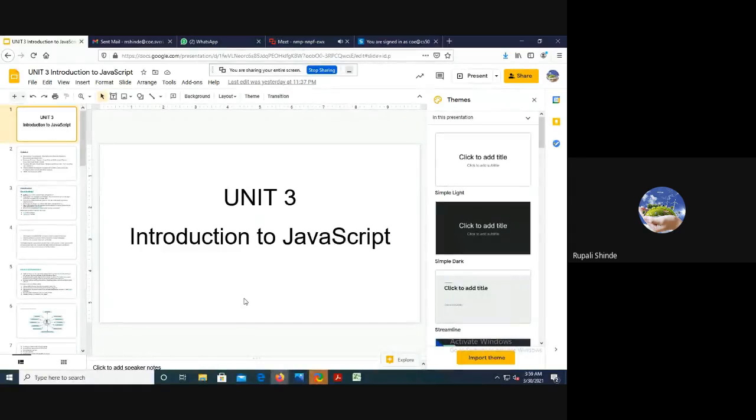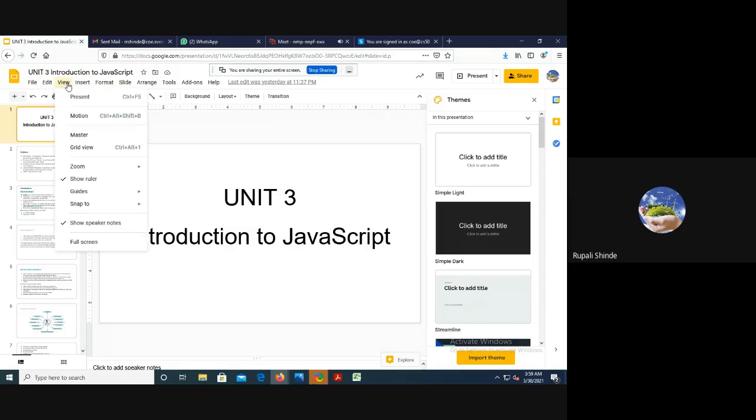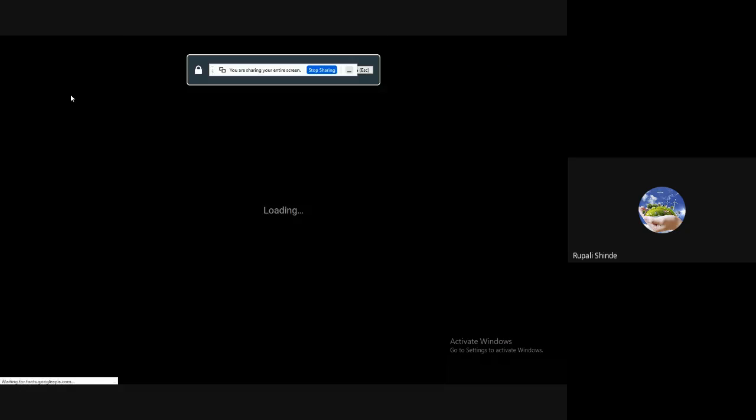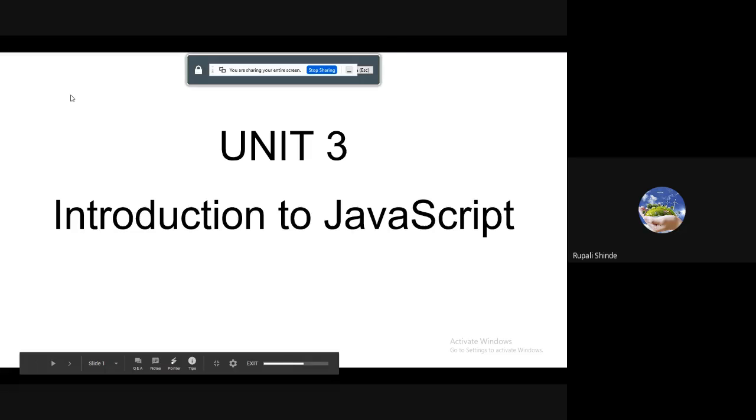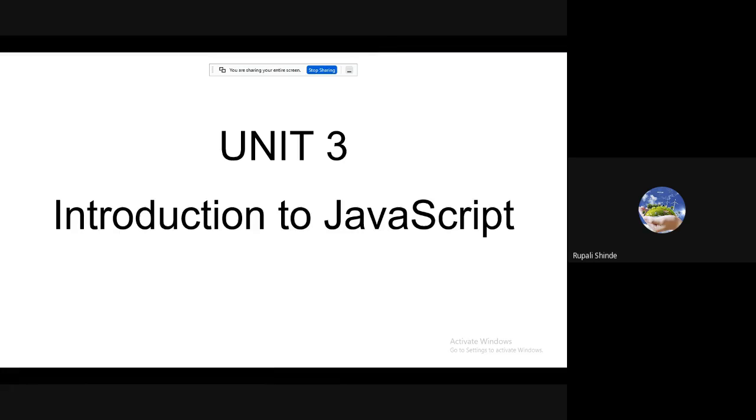Now, the third unit, introduction to JavaScript, is a very important unit, because to make your website dynamic, we require a scripting language. With the help of that scripting language, we are going to make our website dynamic. That means we can communicate with the server, or the server can communicate with the client, with the help of JavaScript, or various languages.